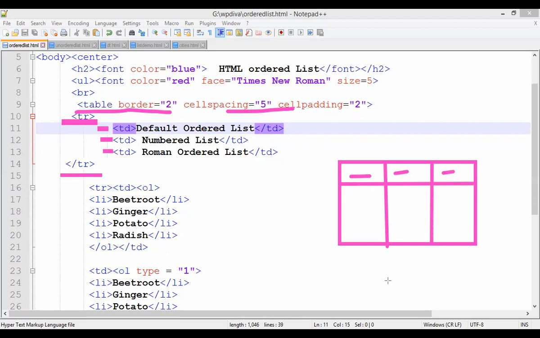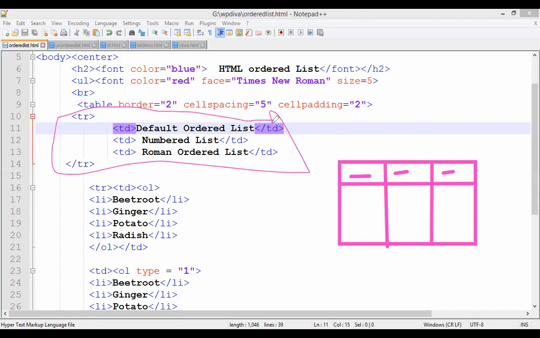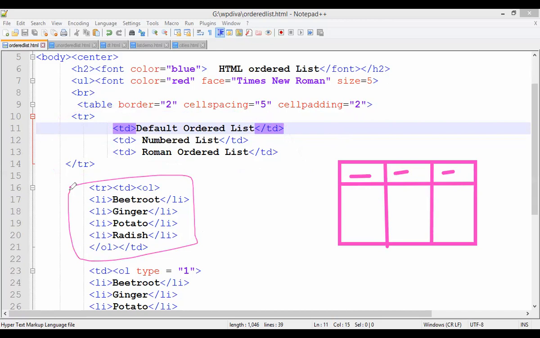It means what is completed, guys? See, this part is completed. We are done with which portion? We are done with this portion, this area. Okay, so the first row is created now. Clear to you? Okay, so now we are going to work on this portion. So what is this portion? This is the second row.